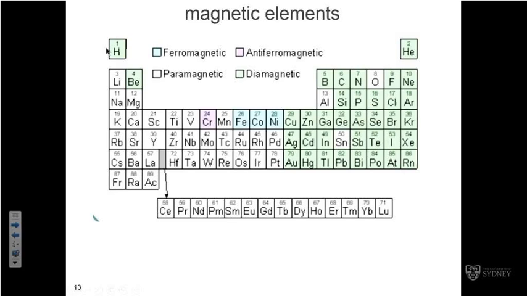And of course, when you put the materials together, you can get all sorts. Magnetism is a really complicated field of condensed matter, and we just touch a little bit of it here, but it's quite a big field all on its own. I wanted to show you